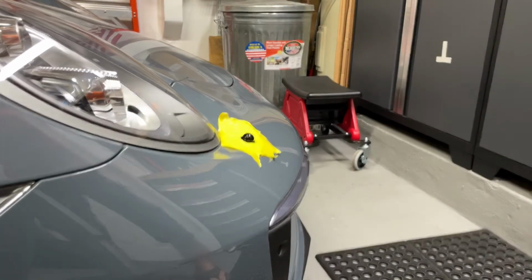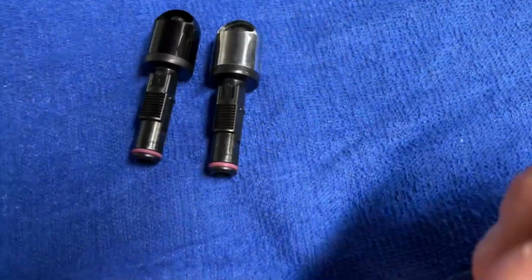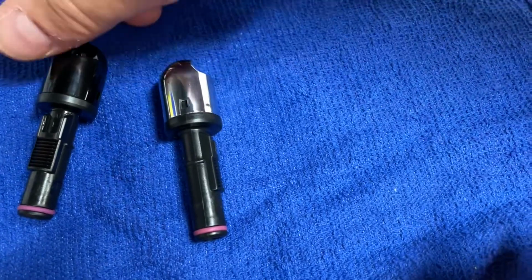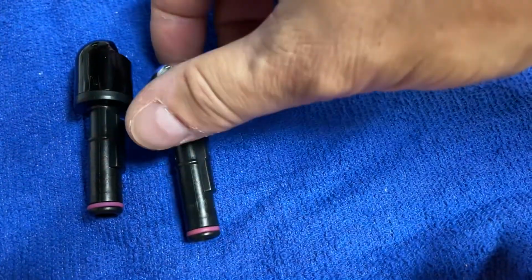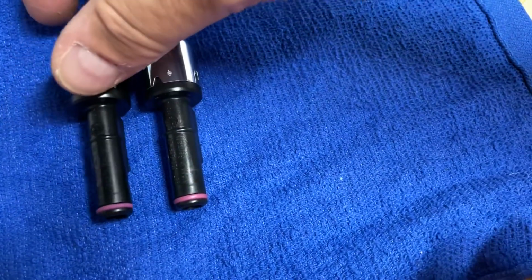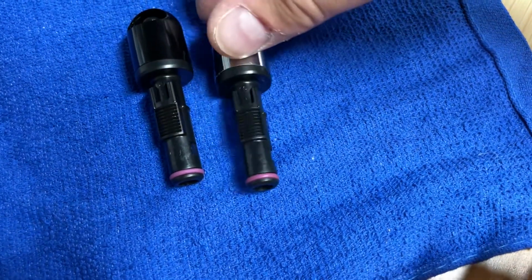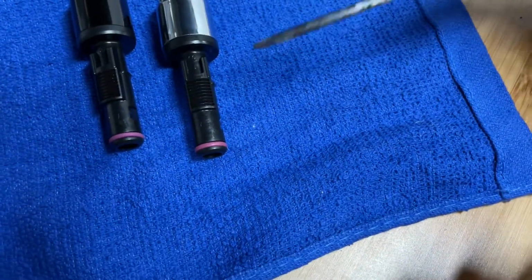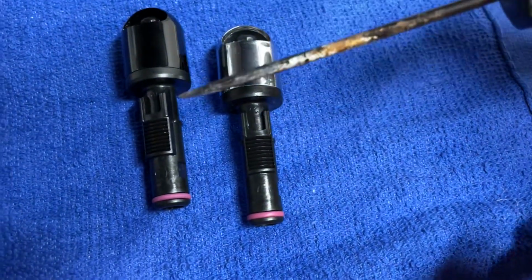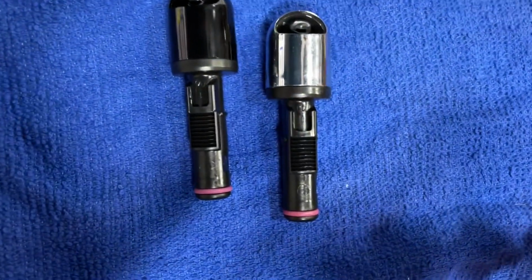All right, let's go take a close-up look at the old one and the new one, which I have another one. So here you see them. They are indeed identical. Every little bit of it. Length, shape, even down to those little ridges that click in right there that you see. These little parts, those are the parts that click in that you heard when I snapped it in. And even these nozzles, they are indeed